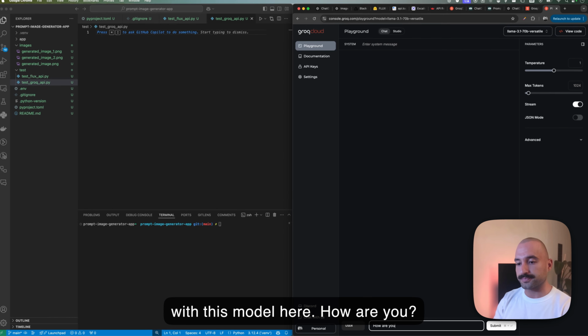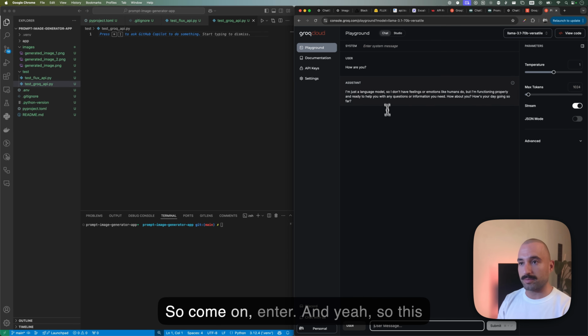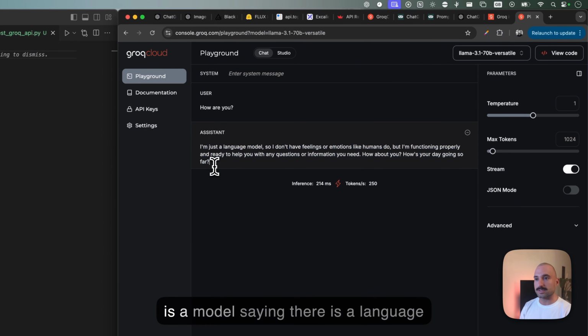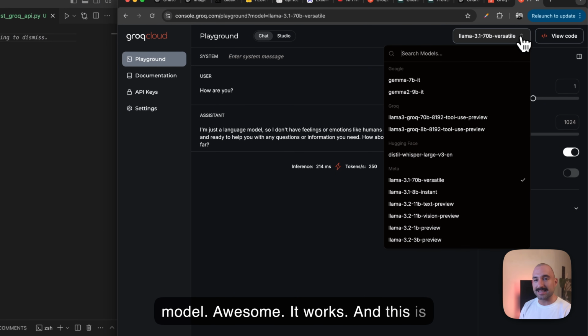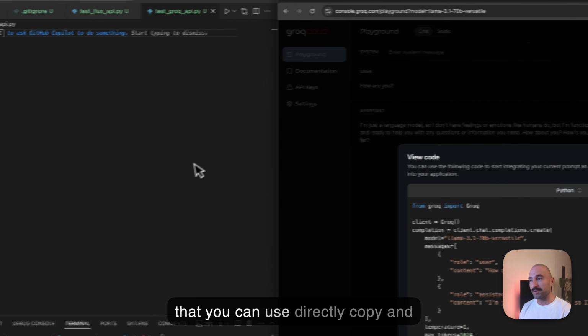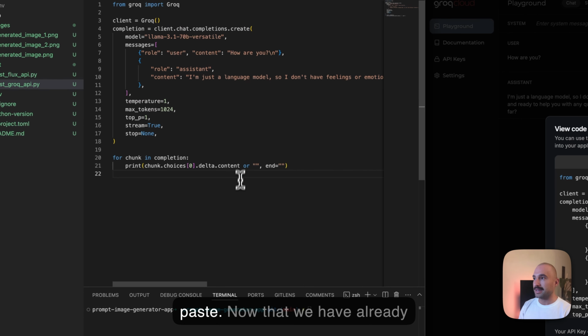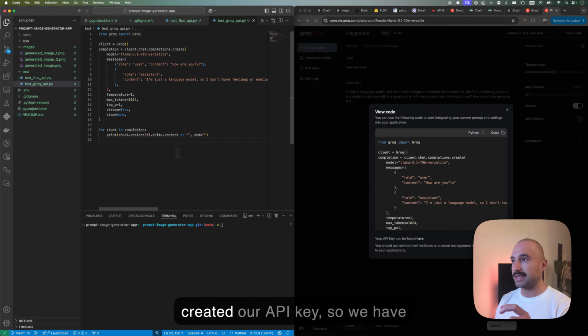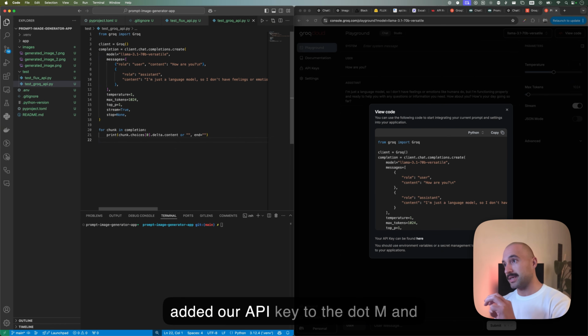How are you? Enter. So Command Enter, and yeah. So this is the model saying that it's a language model. Awesome, it works. And this is again very cool. You can click on view code, and now you get the code that you can just directly copy and paste. Now that we have already created our API key, so we have added our API key to the .env,